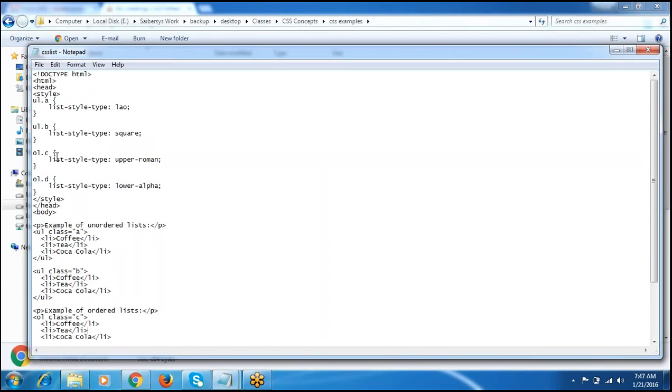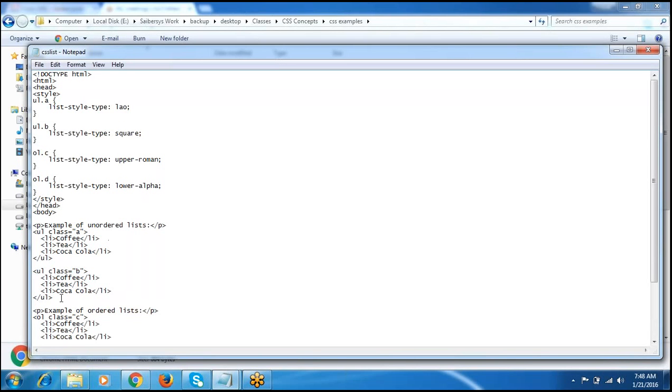For this first unordered list, ul.a, an unordered list with the class name a, the list style type is set to this one. And for the unordered list with the class name b, list style type equal to